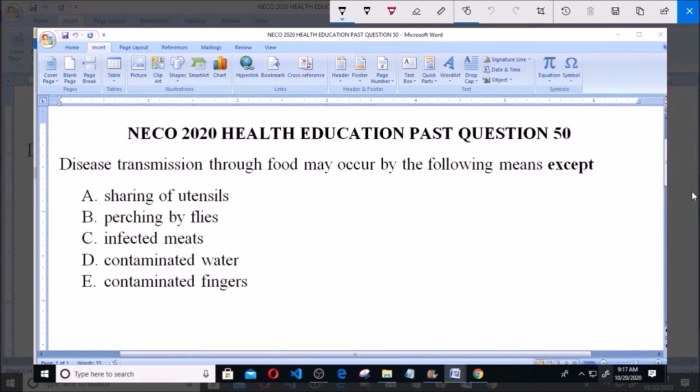Now, disease transmission through food actually occurs either by disease vectors or by leaving our foods open. By disease vectors, you can know that houseflies are vectors of diseases. So disease can be transmitted through perching by flies when the food is left open, and by infected meats. Infected meat simply means when you buy meat that has been infected and this meat is not properly cooked, disease can be transmitted through this. Contaminated water also is a means of transmitting disease, and also contaminated fingers, since we eat most of our meals with our fingers or our bare hands. Dirty fingers or contaminated fingers can also transmit